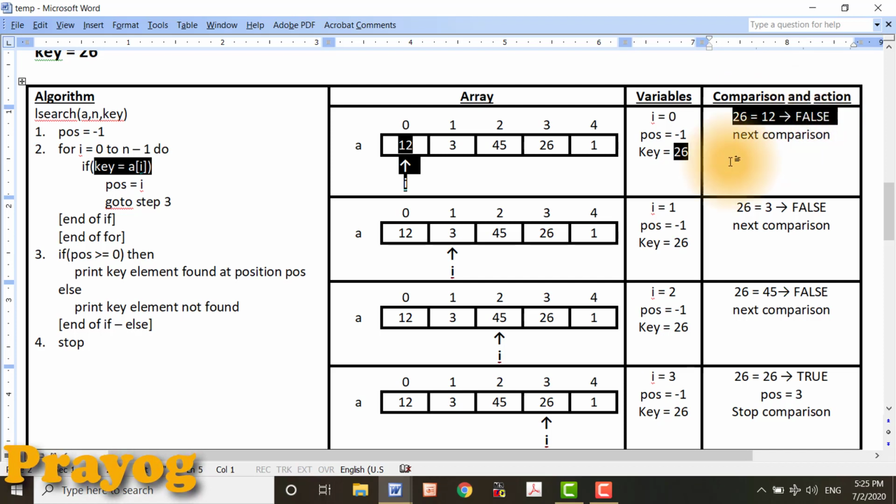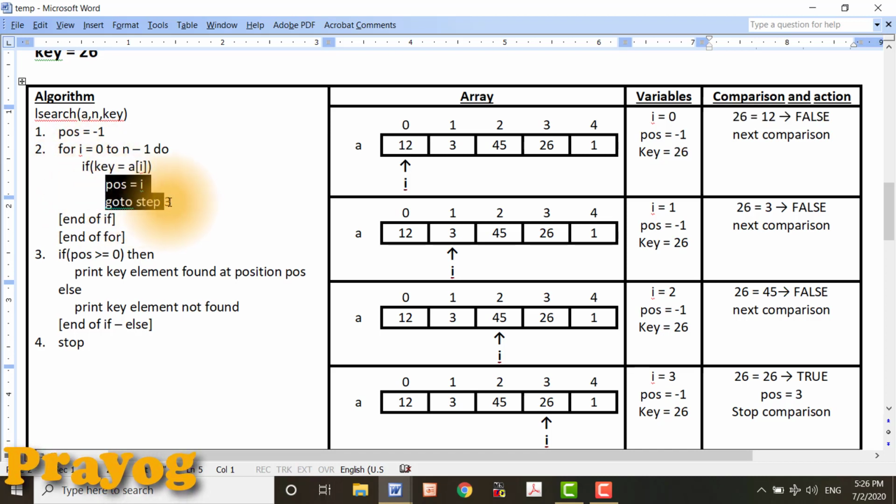Since it is false, it has to come back to the loop, because the for loop has no other statements. Remember, the if statement has 2 statements, pos equals i and go to step 3. These 2 steps are going to be executed if and only if this condition is true.